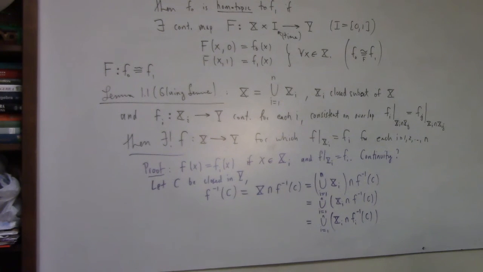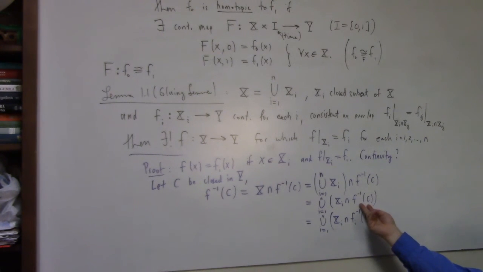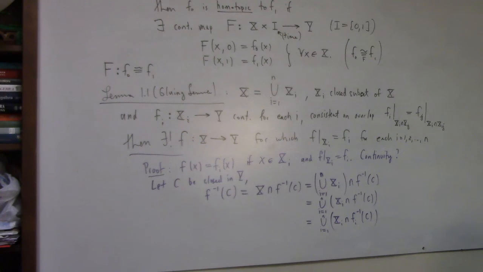I'm sure we could do the double containment. It's because the inverse image intersect xi can only contain points in xi, and f agrees with fi on all such points. So we can replace this with fi. If I was to supply extra detail, I would try to prove the double containment of that. That I think is the one step that's not just basic set theory.